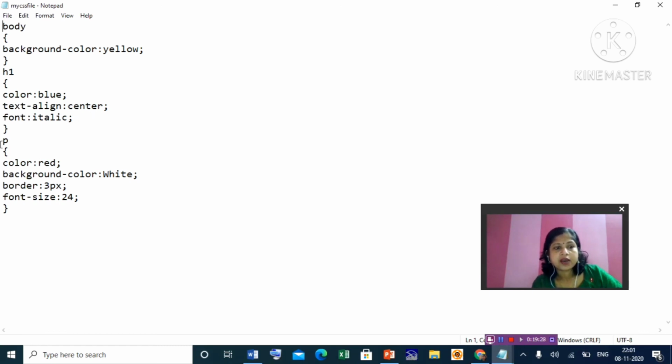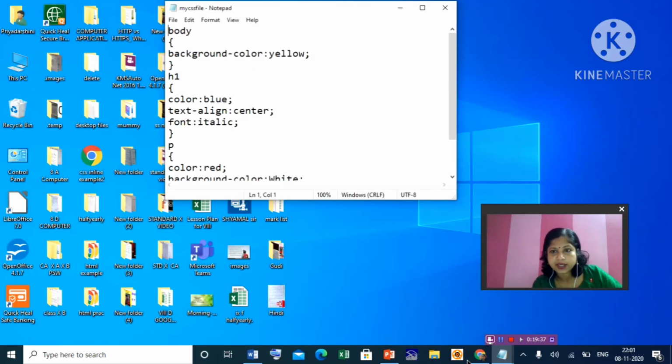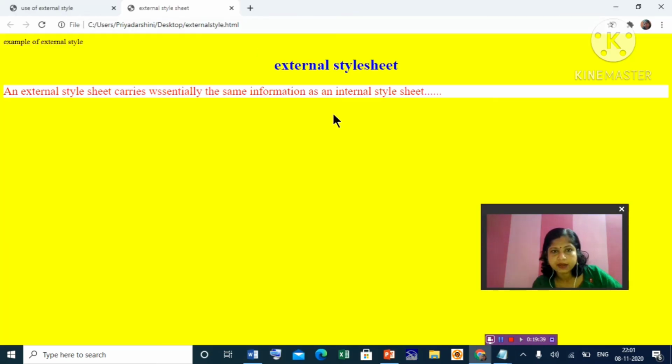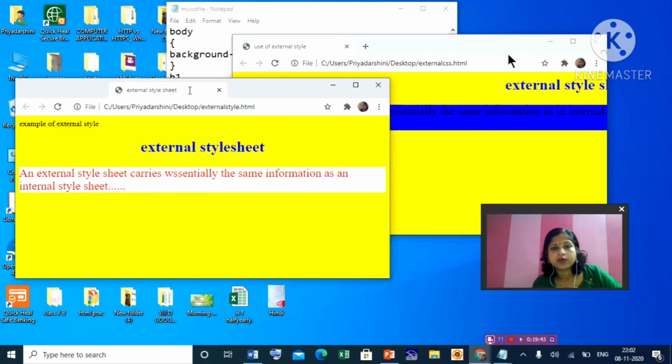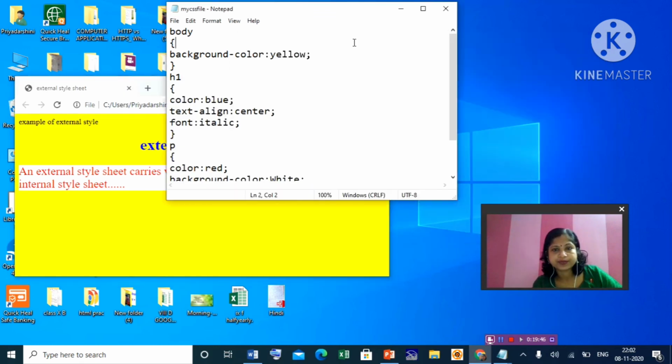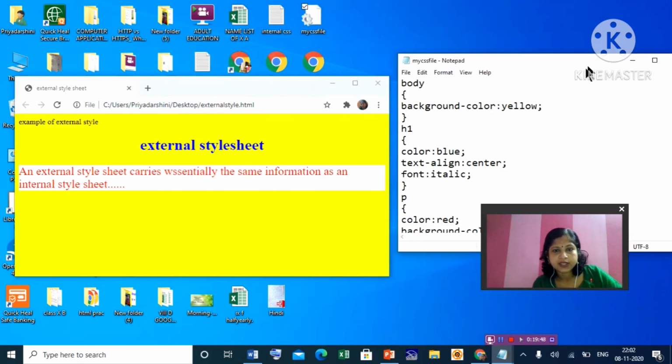For the paragraph, color red, background color white, border 3 pixels, font size 24. And you see whether we are getting the same thing in the web page or not. Compare the web page with whatever style you have defined.